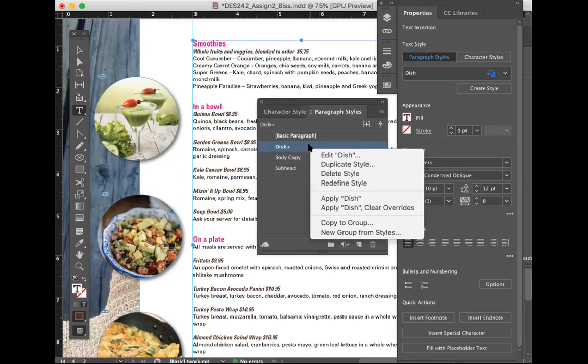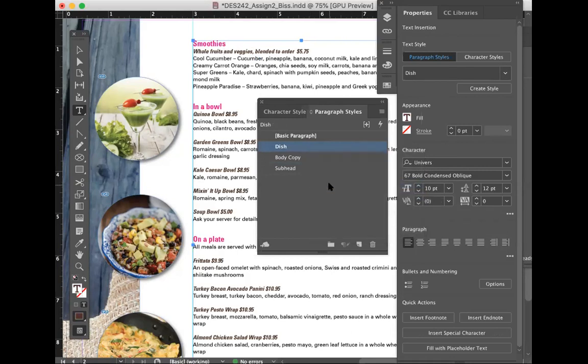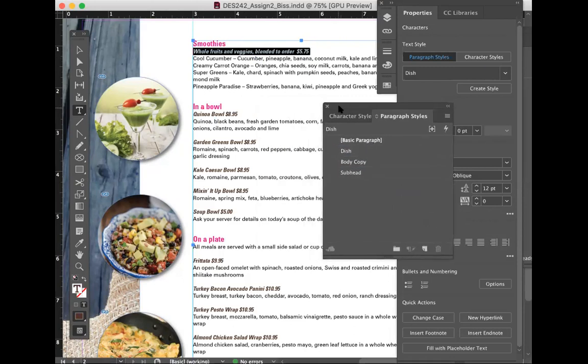So I'm going to Control click and choose redefine style, and it's going to save it back to what we originally did. So it should have no plus signs next to it. When a plus sign happens, that just means that you went in here and changed this one, and it's attached to all the other ones. So it's asking you, should we save this same style since the other ones aren't quite the same?